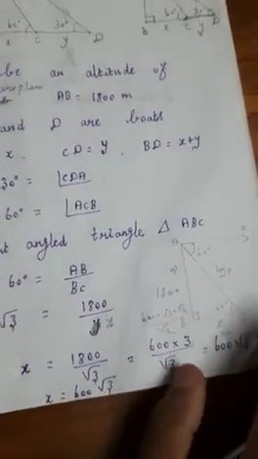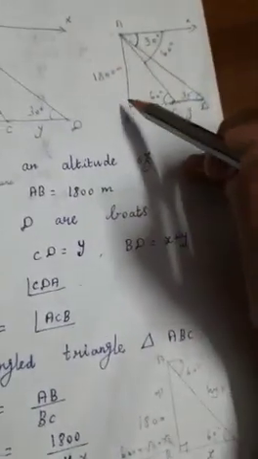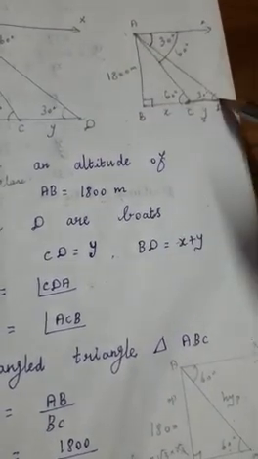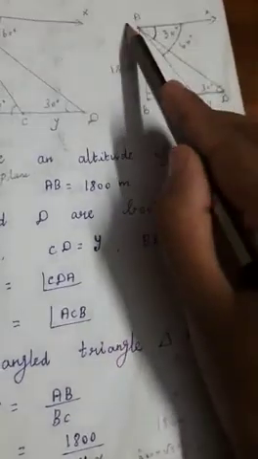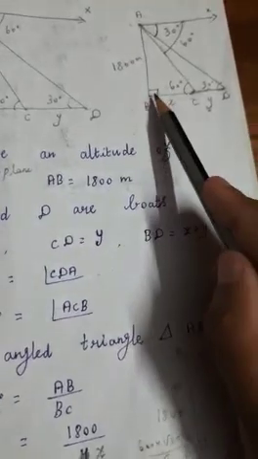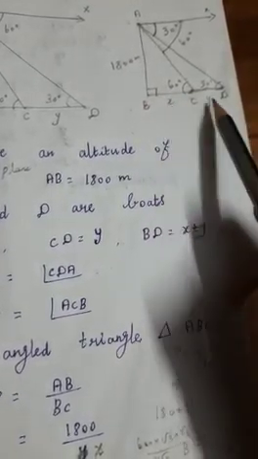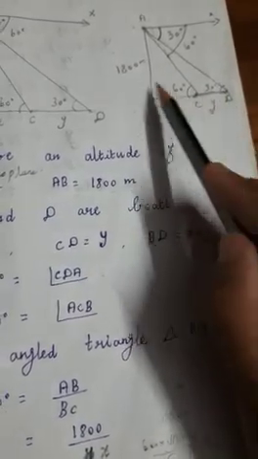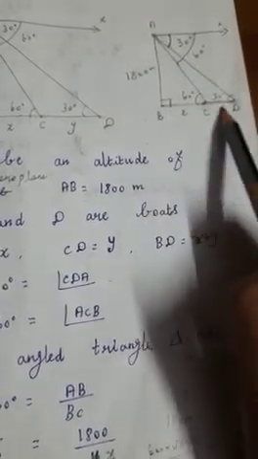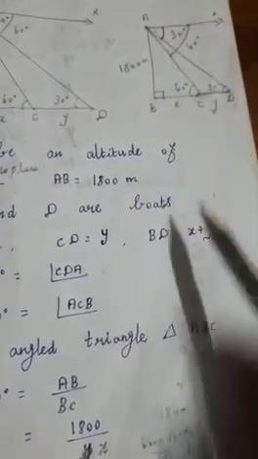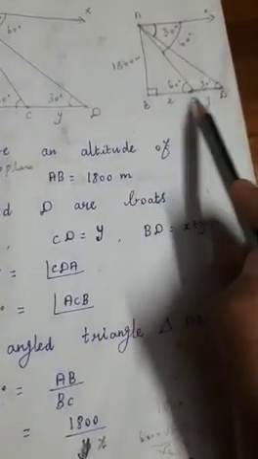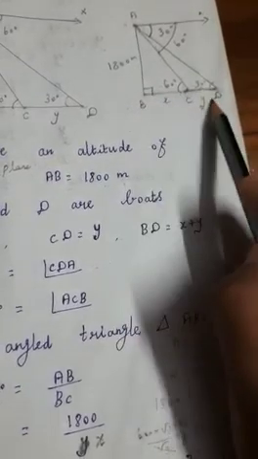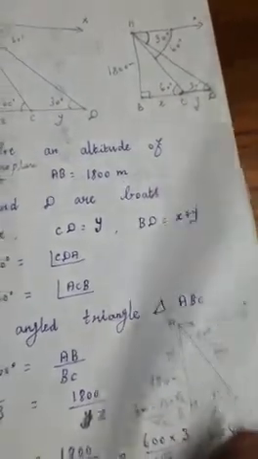Okay, so the next one, next right angle triangle. So that is the full right angle triangle ABD. So AB you know is 1800, BD we have taken as X plus Y. Did you understand or not? This full length we are taking, this full right angle triangle, this full length BD, we already know that is X plus Y. This part is X, this part is Y, if you add both parts, that is the BD distance. So that is X plus Y.